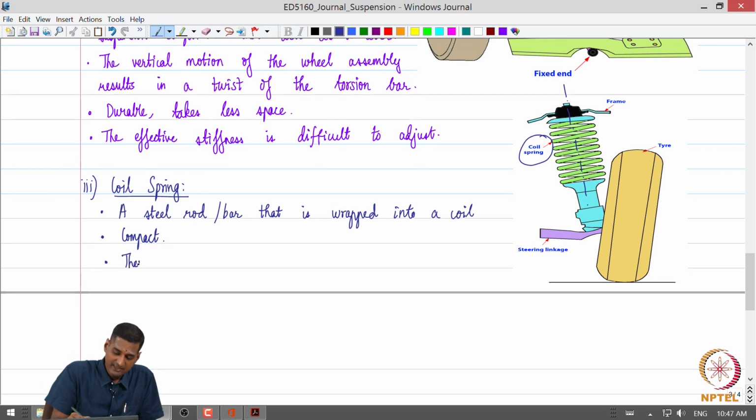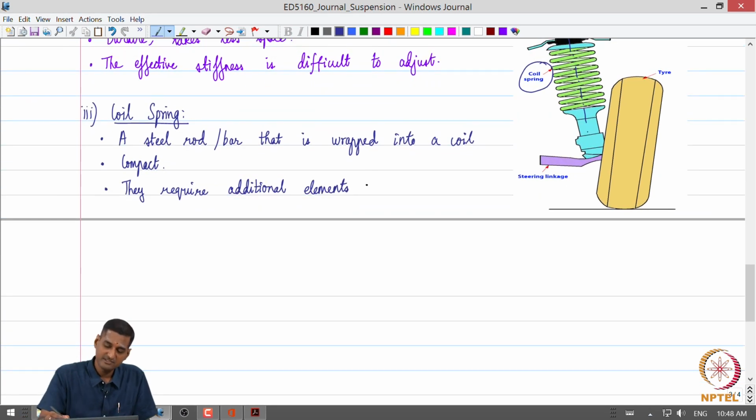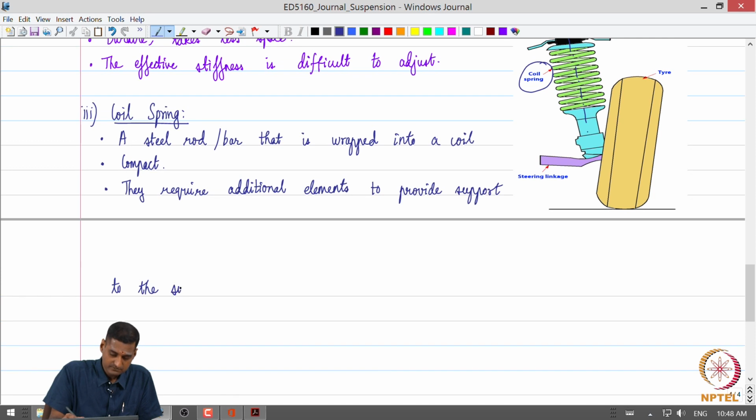Consequently, they require additional suspension elements, okay, which we will encounter as we go along, right. So, additional elements to provide support to the suspension along the